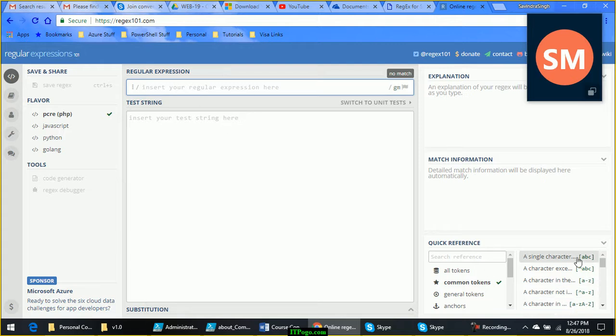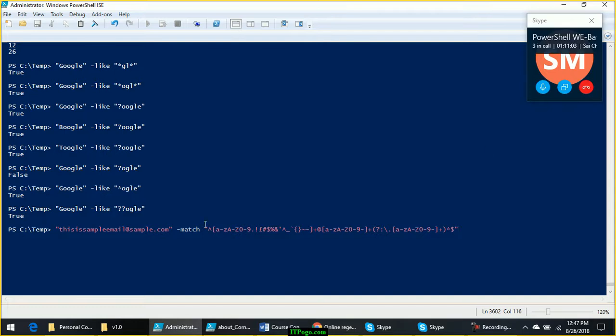Here you can find out for one single characters, these are common tokens, what is the meaning of dollar symbol, what is the meaning of all these different symbols. So don't worry about that as of now.